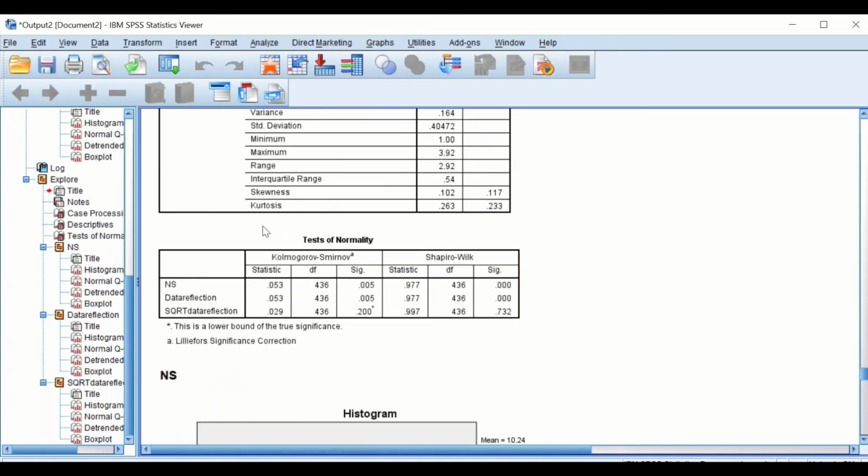So if we look at this test of normality, you can see that the negatively skewed data are not normal, or not normally distributed. The reflection is not normally distributed. However, when you square root the reflected data, the data become normally distributed, as it is shown here by these